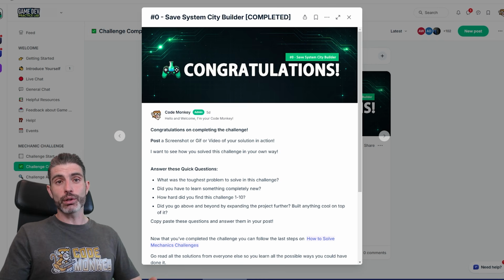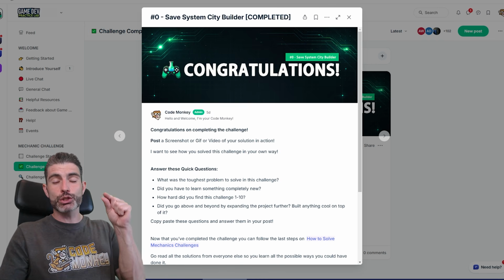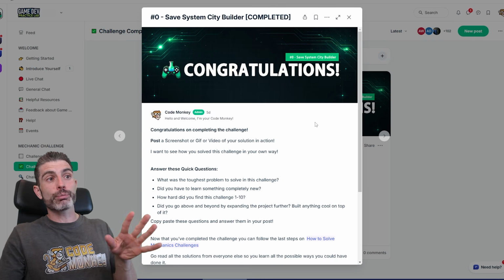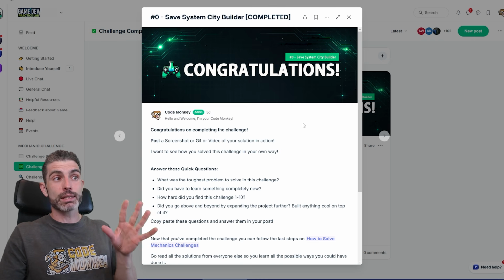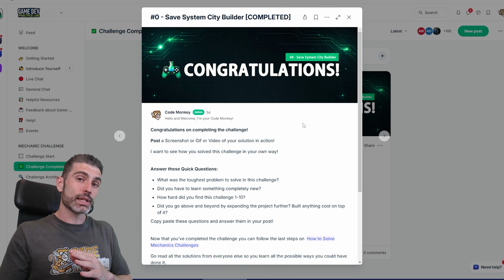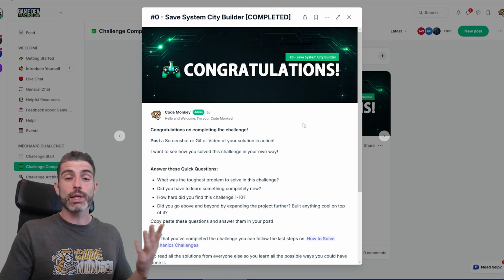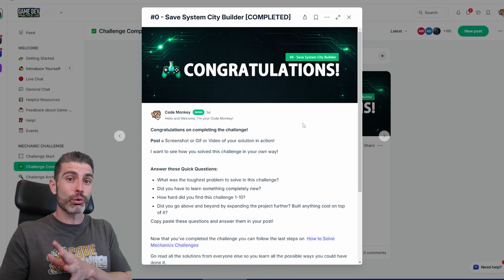This is another excellent way to learn. Since these challenges come with basically just a small description of the goal and the various objectives, that means everybody's going to interpret them in different ways. So by seeing how everybody else solved the exact same prompt, the exact same original objective, you'll be able to see how every mechanic, every idea can be built in many different ways, and that is also how you grow,